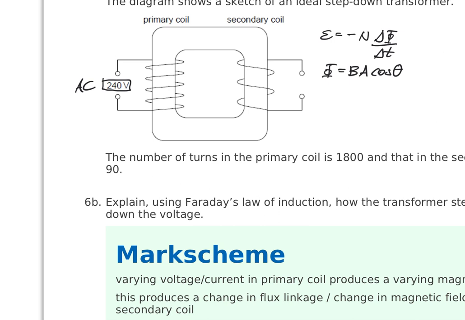So either I need to change something, and there needs to be a change in something. In order to get an EMF, there needs to be some kind of change. Change in the magnetic field, change in the area of the coil, change in the angle. Like when we rotate the coil, we're not rotating the coil in this case, but we are changing the magnetic field by, so that induced magnetic field